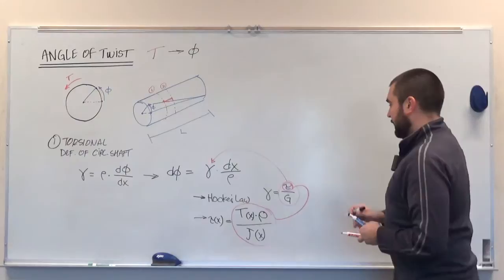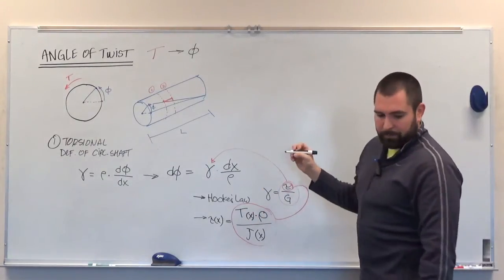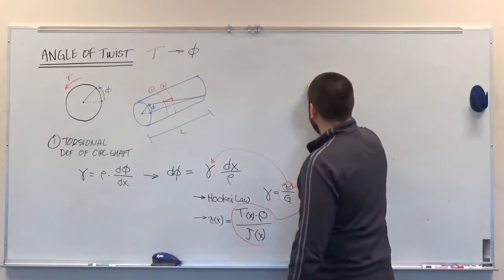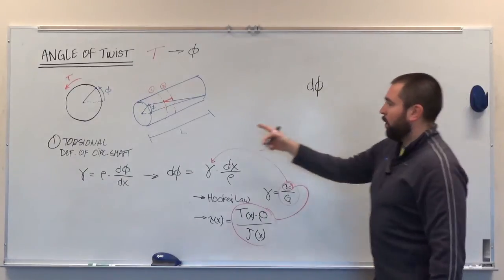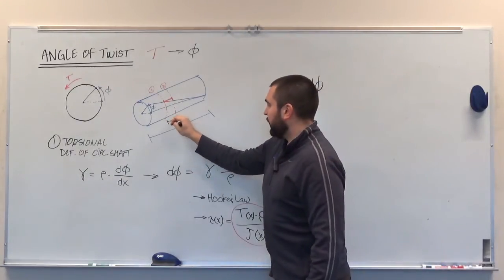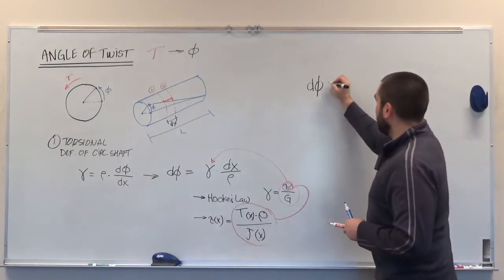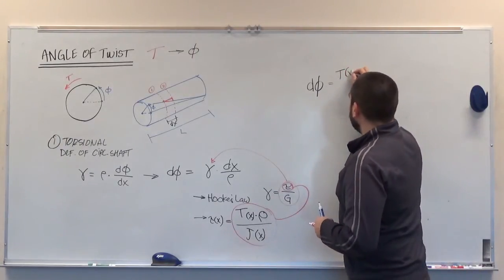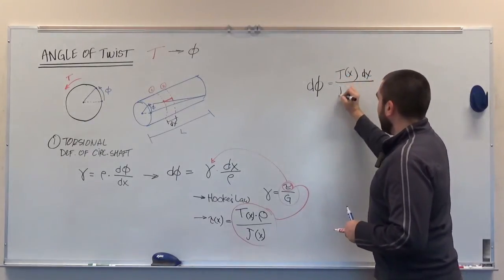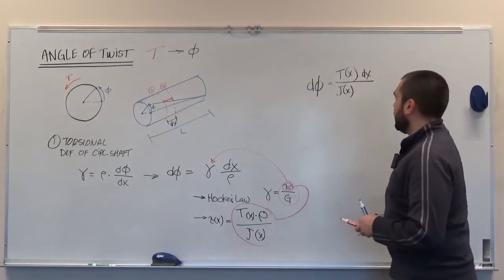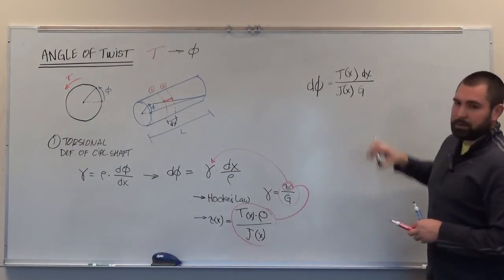So if I plug in these intermediate steps right here, I'm going to get that d phi, or the differential change in angle of twist from one section here to the next if these are at some distance dx away, is equal to the internal torque as a function of x times dx divided by the polar moment of inertia as a function of x